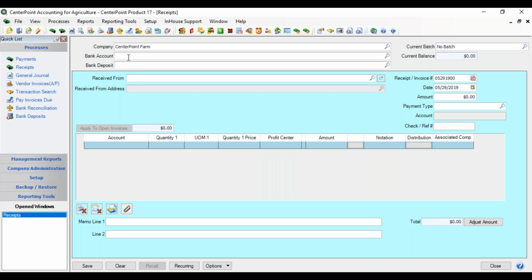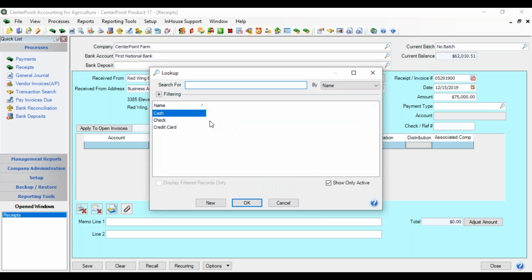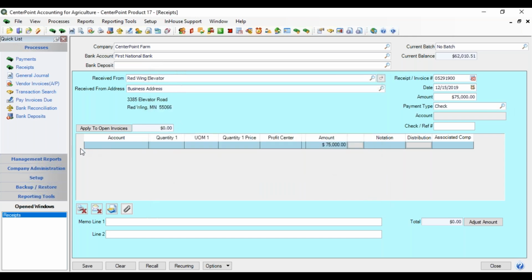In this case, we're just going to do a cash receipt and select our bank account. And we can select the date that we're going to be selling this inventory and who we're receiving it from. So we're going to actually sell some from the elevator that's being stored there. So we're going to select our Red Wing elevator. We can enter the amount here that we want if we know what that is already. So we're going to put an amount in there and a payment type of a check,